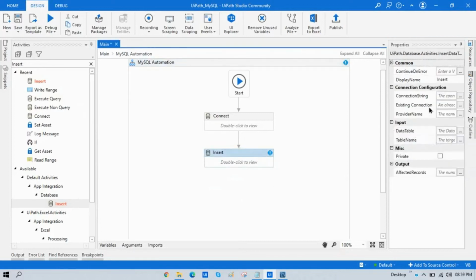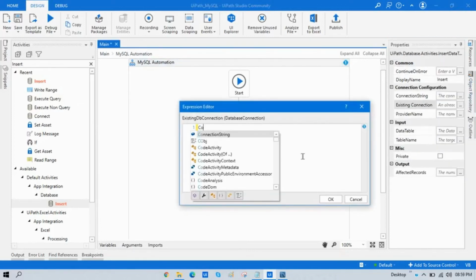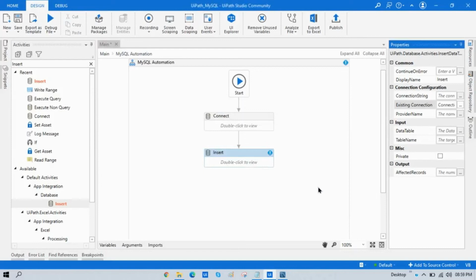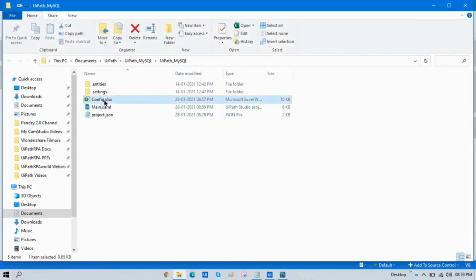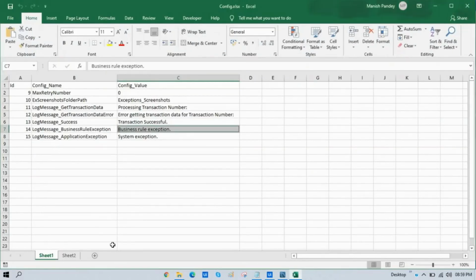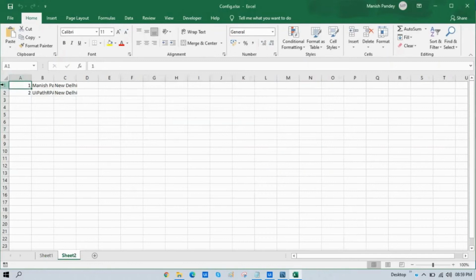So first, right side in the existing connection, I am going to write connection string, and then in this data table. So first we need one data table so that we can insert into SQL table. So let me first go to any Excel file, this config Excel file. I'm going to this here. Now we have 1 2 3 and then 4.